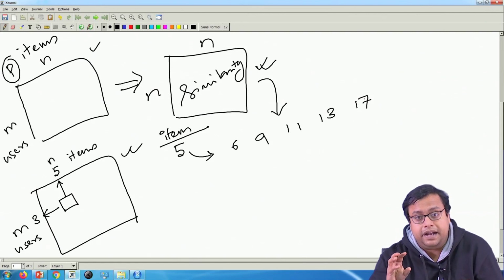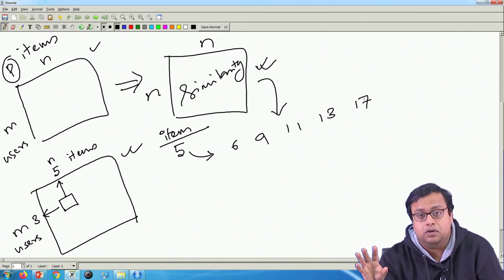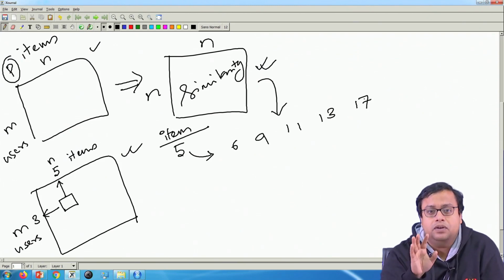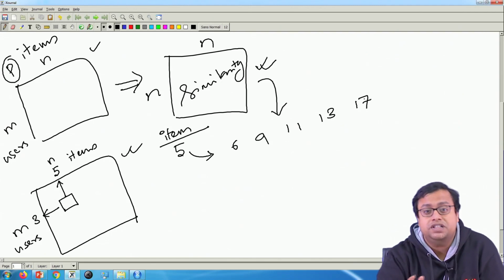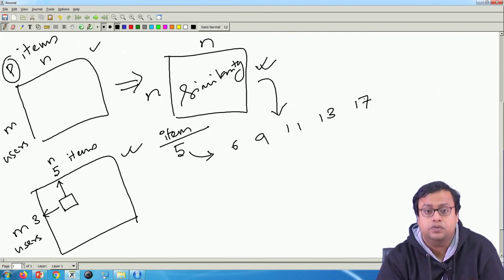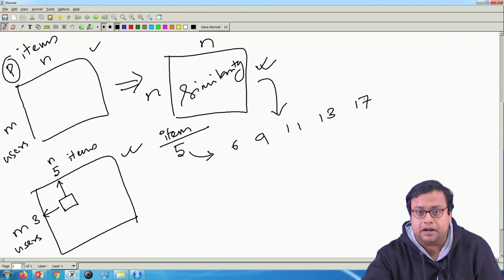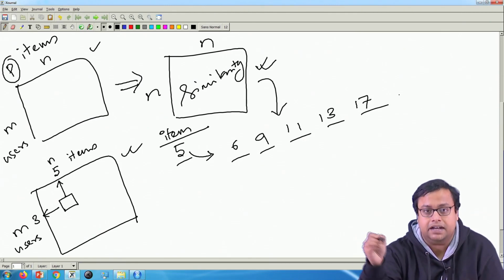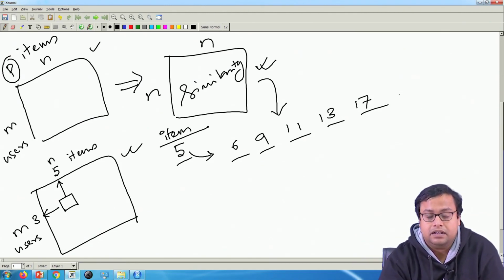I will recommend one movie, Mahuna, to my friend or anybody if I know that somebody has also seen movies which are similar to Mahuna. Fair enough? So, which are similar to Mahuna? If Mahuna is item 5, then items 6, 9, 11, 13 and 17 are similar to Mahuna.